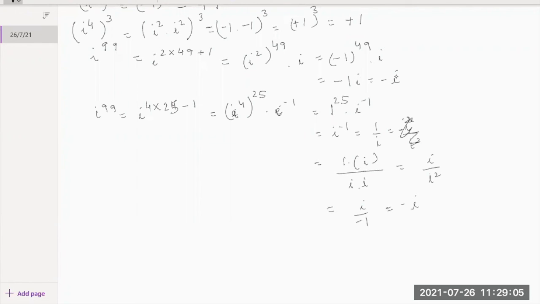So you can see now that whether you use i squared, or you use the expression of i to the power of 4, either way you can get the answer, right? Both the answers are right. Whichever way you are comfortable with, you can get started with it. Now, this is one of the questions which I picked up. Another question which I would like to show you over here. Let's see this.